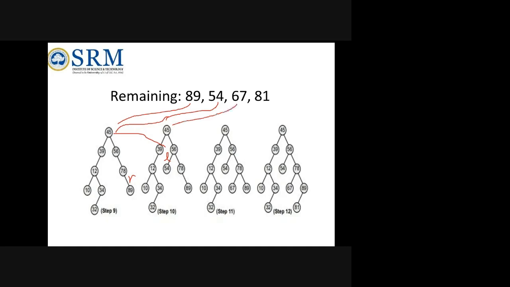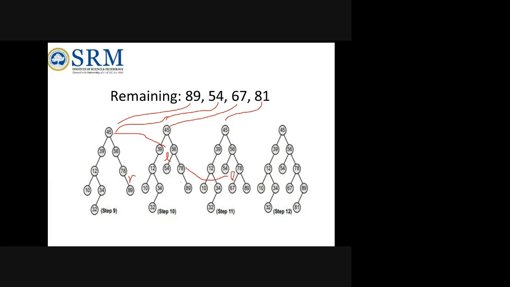Now 67 will be compared here only. Now 67 will be compared with 45. It is greater, it should come here. 56 compared with 67, greater, it should come here. But already there is 78. 78 when it is compared with 67, it is lesser. So lesser means there is no null node in the left side of this. So this will lead to here, this left side. So 67 will lead, that is from this side, this comparison, it will go to here.